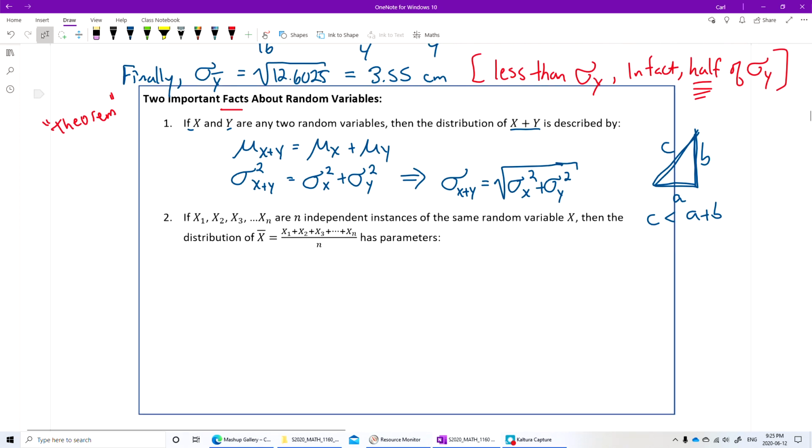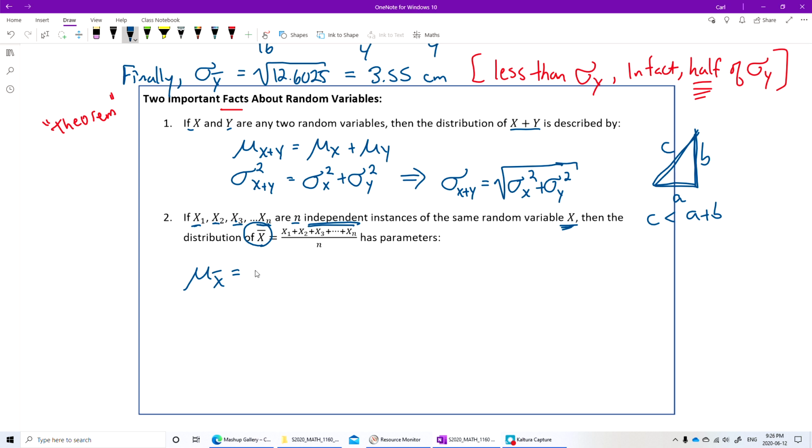Okay, second general fact. If we have multiple copies of the same variable, so if I have x1, x2, x3, up to xn, if they're n separate, independent instances, think of it like they're all different men. We're picking n different men or n different women. Separate instances of the same random variable x, then the distribution of the sample mean, which is the sum divided by n, has parameters: mu of x bar is,